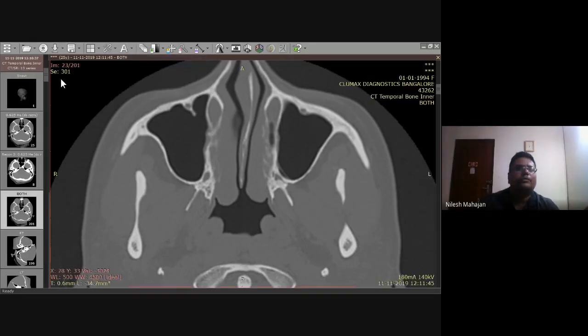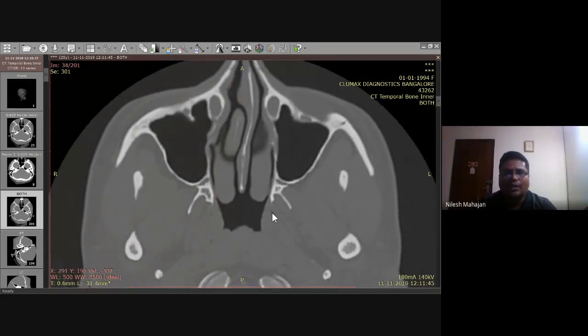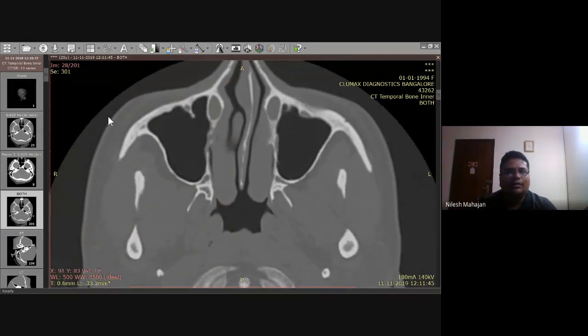Because now see this sequence, it has almost 201 images. We are looking at the 23rd image of it, and this is only the axial cut. And this is bilateral temporal bone, right is different, left is different. So it's not possible to print so many images in films. If it were printed in films, it would become a book of HRCT temporal bone for a particular patient. So what radiologists and technicians generally do is print only the important cuts, according to them.